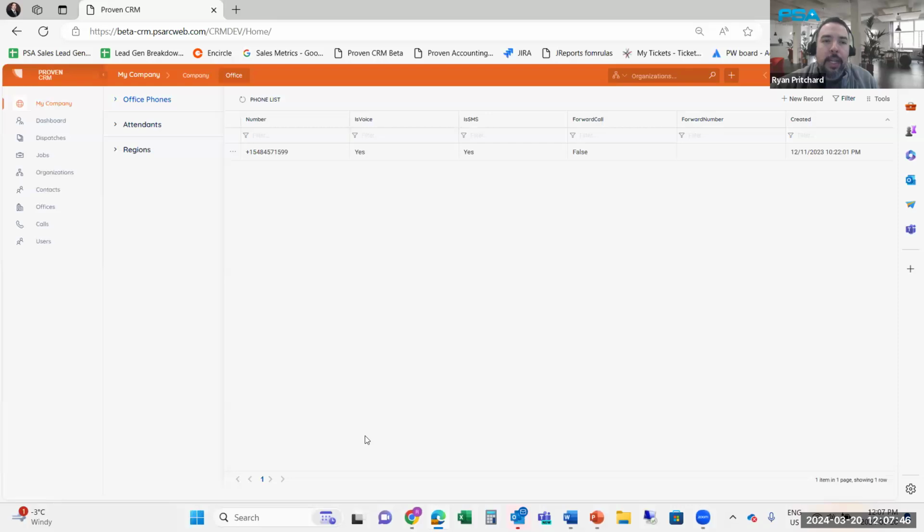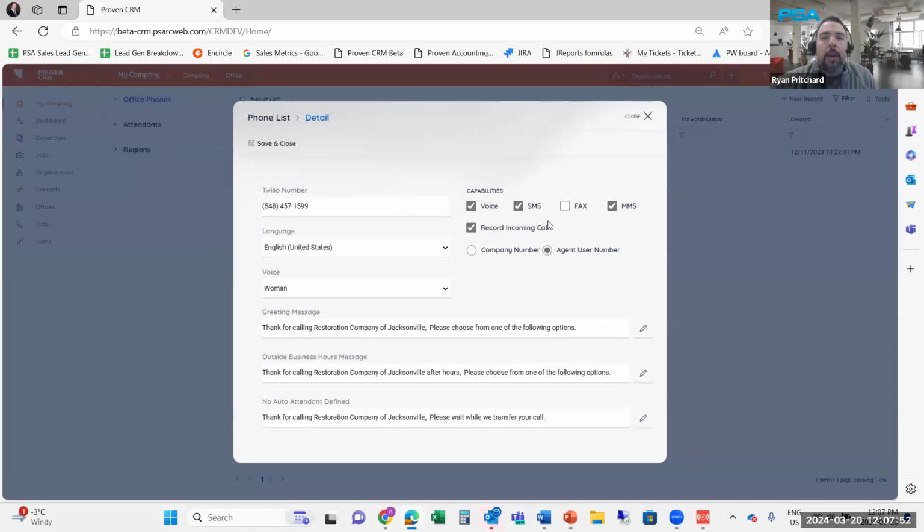The next piece we want to take a look at inside of our numbers. So once we've established the number in the system, we want to make sure that that number is capable of both voice and text message sending, as well as that all calls that are coming in, by default, we have them checked off for recordings, so that now we'll have copies of those phone conversations